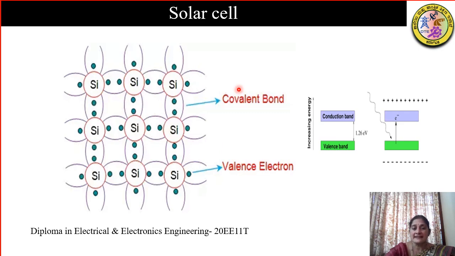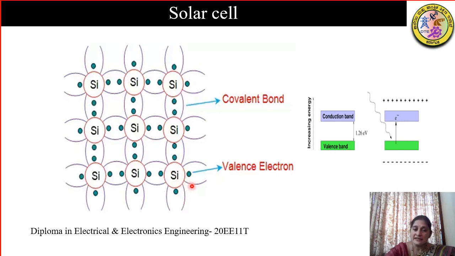Now, suppose light or any other form of energy is incident, then there's a possibility of an electron leaving this position. This is possible because in a semiconductor, between the valence band and the conduction band, there is a small energy gap. What do you mean by this energy gap? When a small amount of energy is available to this electron, it will leave its position and move out.